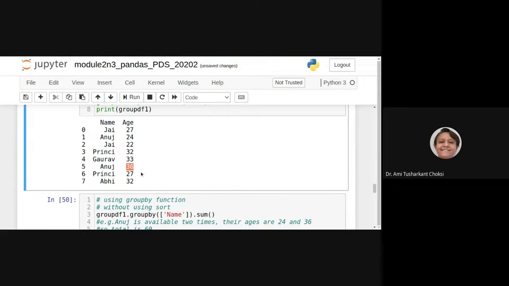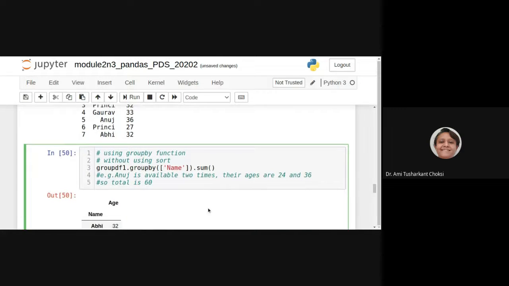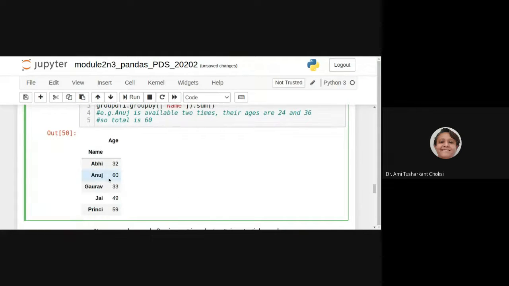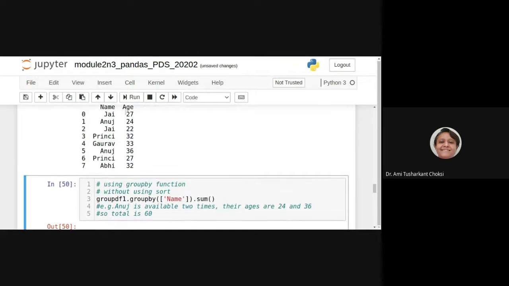But as we have done group by and then after sum, wherever a group is there, that is, you can say Anuj name is found twice or thrice or more than that, it will do the summation of all ages, right? So we'll be able to see it as 60, right? For Jai, Jai 27, other Jai is of 22. So it will do the addition.